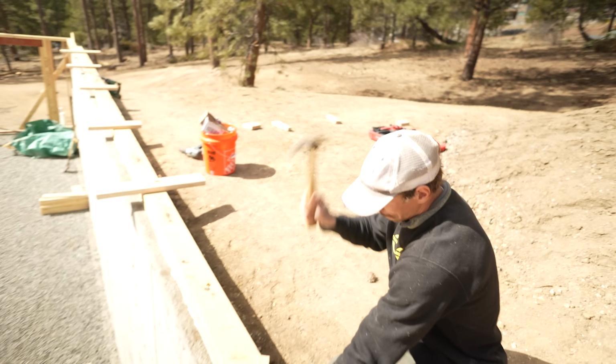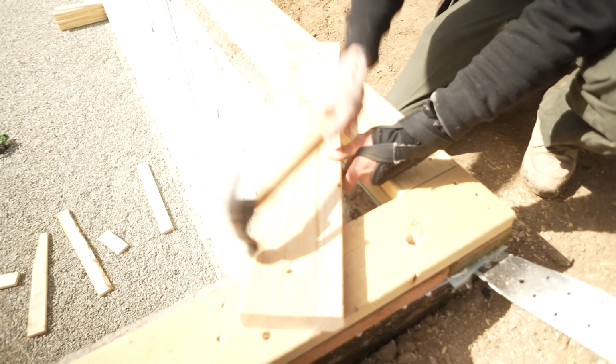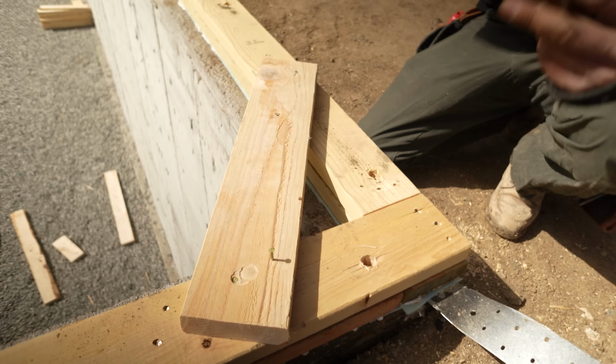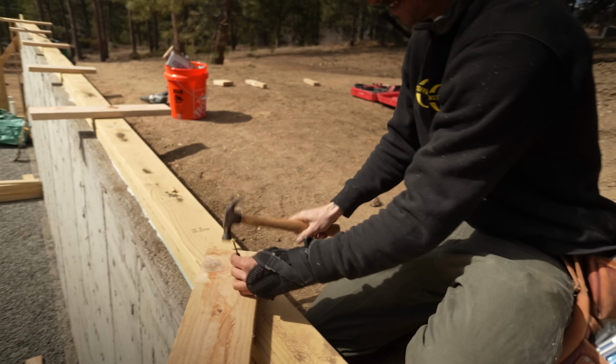Look at this hammer. How many ounces is it? Do you know? It feels like 14. It feels pretty light. Now, before anybody gives him crap, it's his great grandpa's hammer, so don't hurt his feelings. Let's